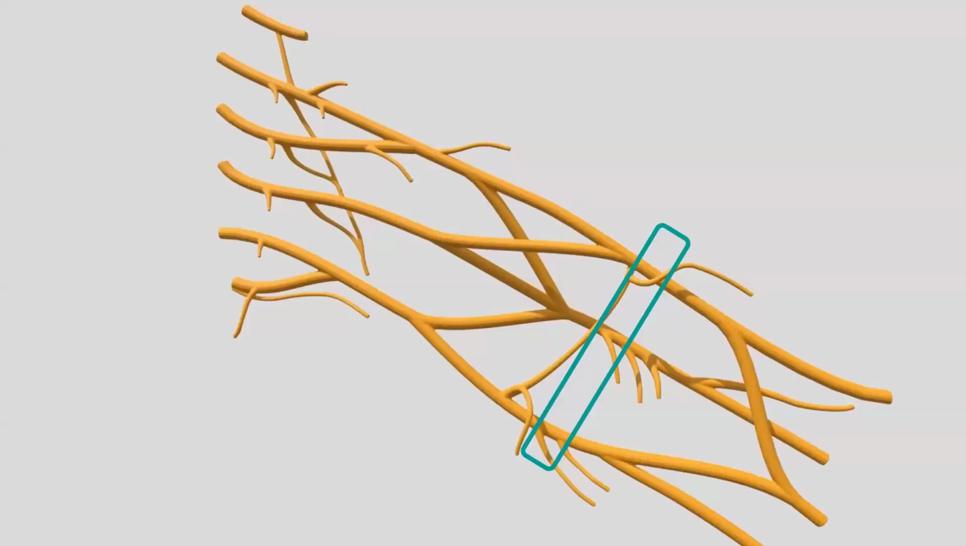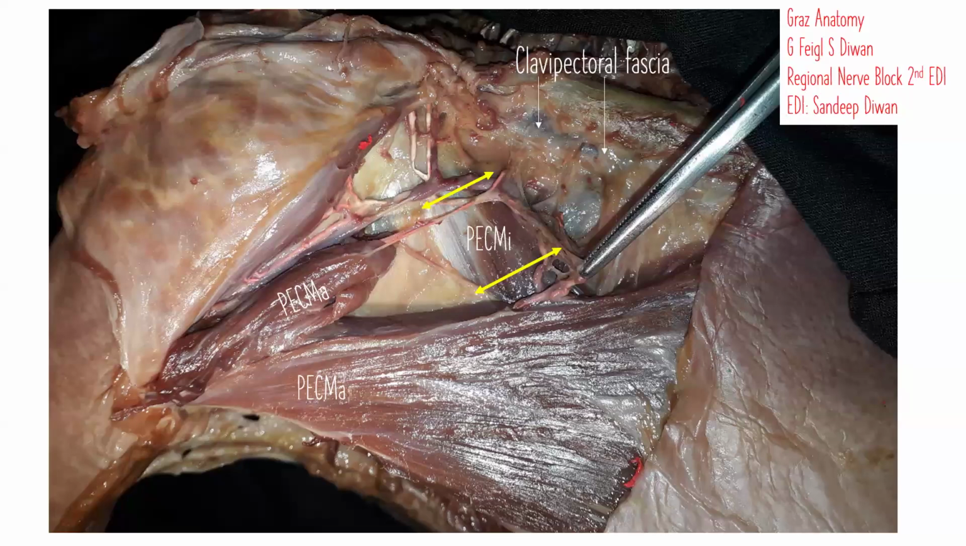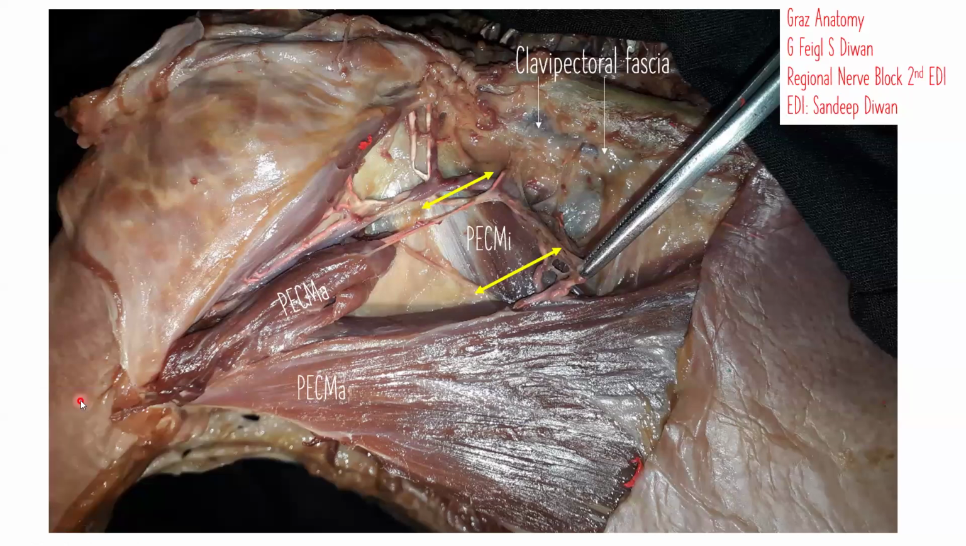So coming to the infraclavicular, we are going through some dissection steps as well as the cross sections, and we try to first go through the costoclavicular and then the parasagittal infraclavicular, and if time permits, the retroclavicular and the axillary. So below the clavicle, when you start dissecting, that is the cephalad. So that's the cranial end. This is the cranial end, and this is the lateral, and this is the medial side, and